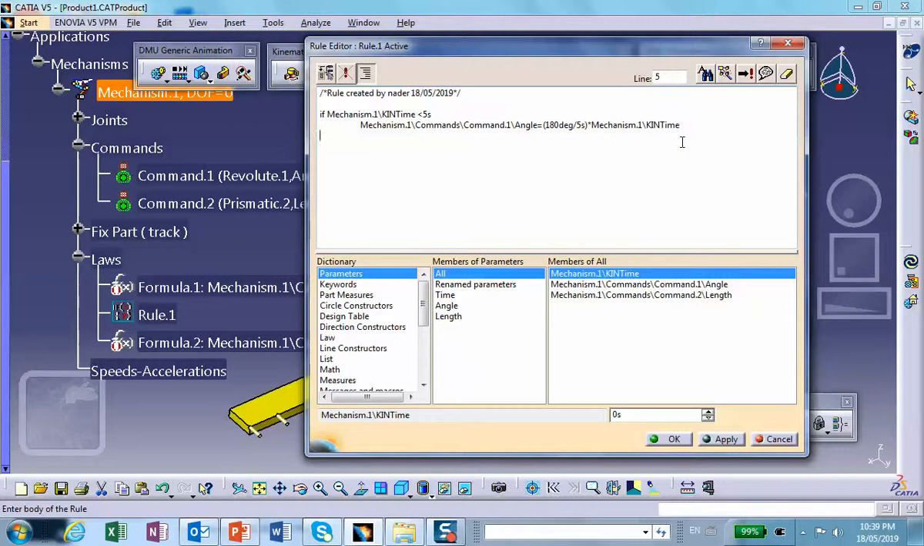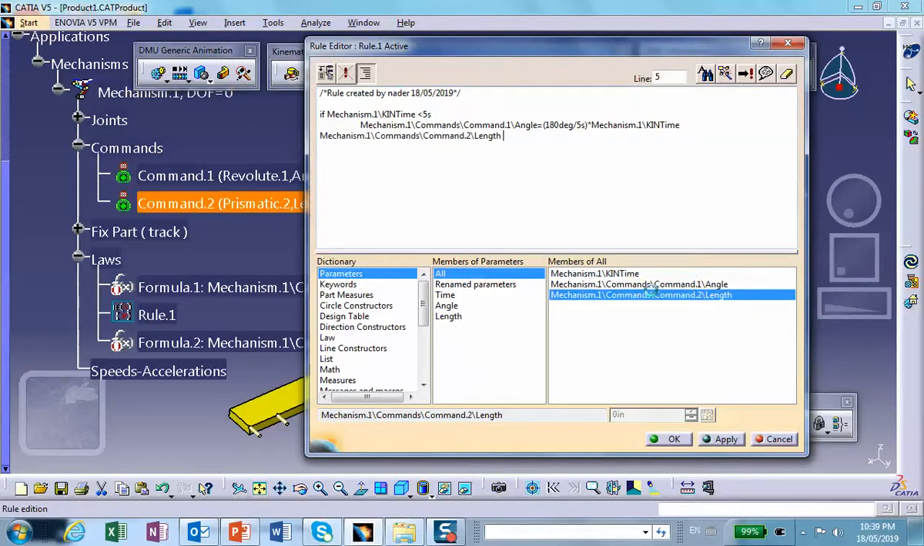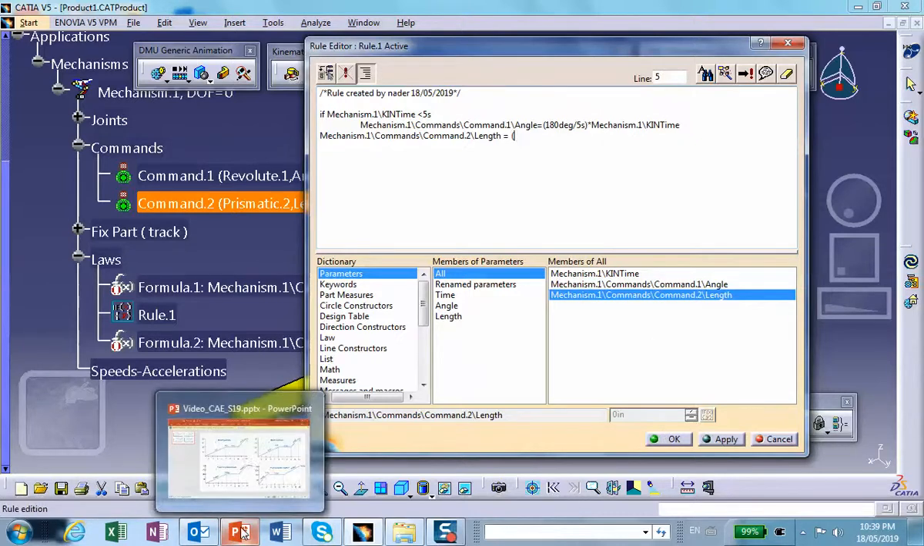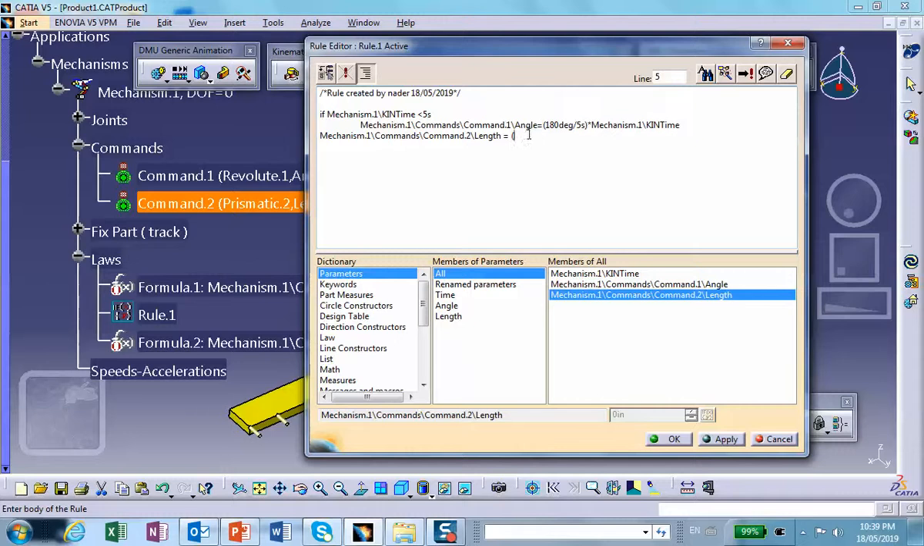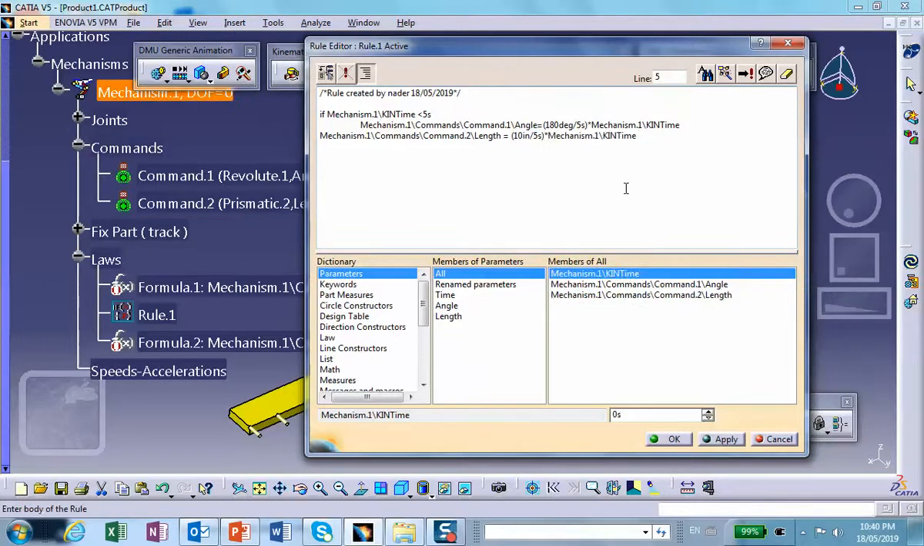And then the length is equal to, can you look at this? The velocity is it goes 10 inches in 5 seconds. So that's exactly like it is, 10 inches in 5 seconds. I could have written 2 inches in 1 second. Okay, same thing, times time. Okay, there will be a mistake here, you will see. Else,